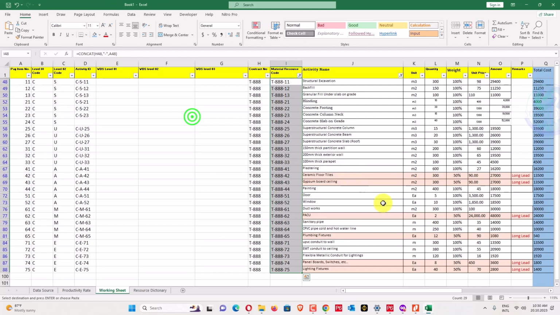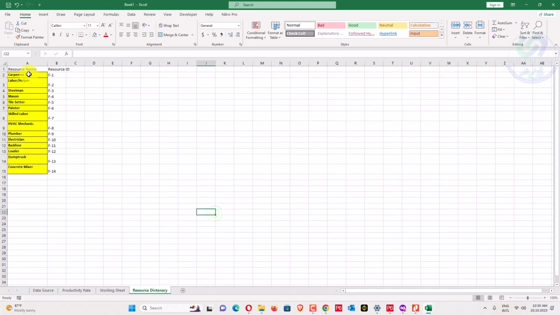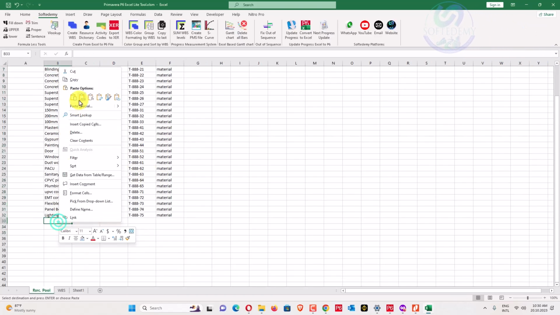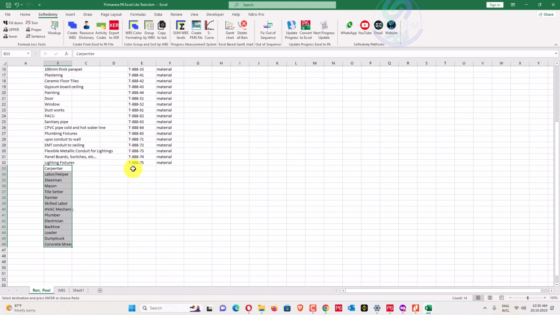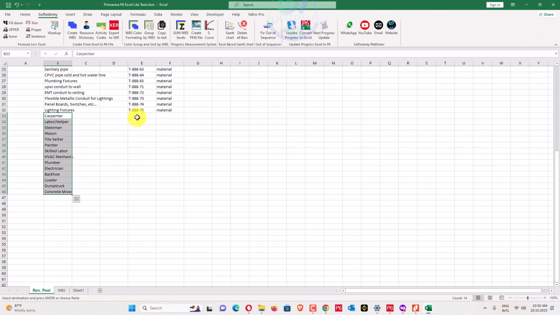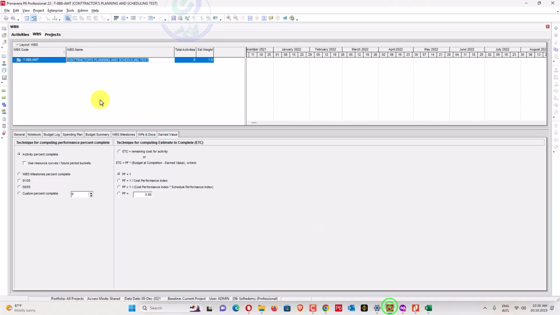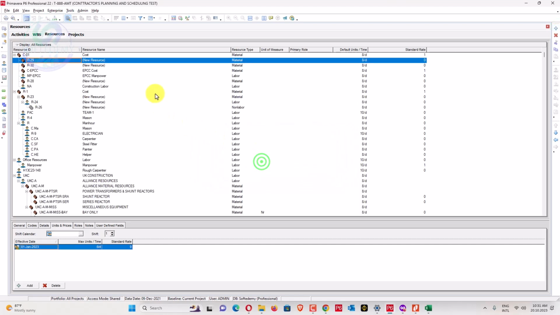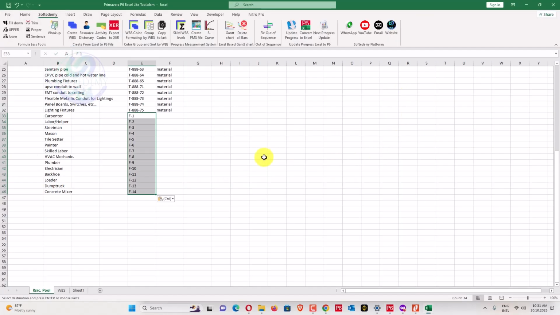What's the next one we need here? About resource dictionary, and these are our resource dictionary, and these are our names and their IDs. We need resource ID. This one I am adding from the resource dictionary, so you can also add from here like this one, resources. You can add from resource here like this one. You can add here resource, and everything you can type here typically.